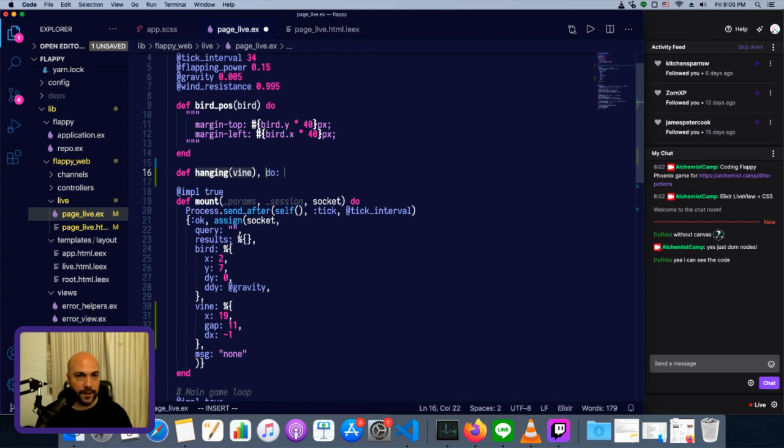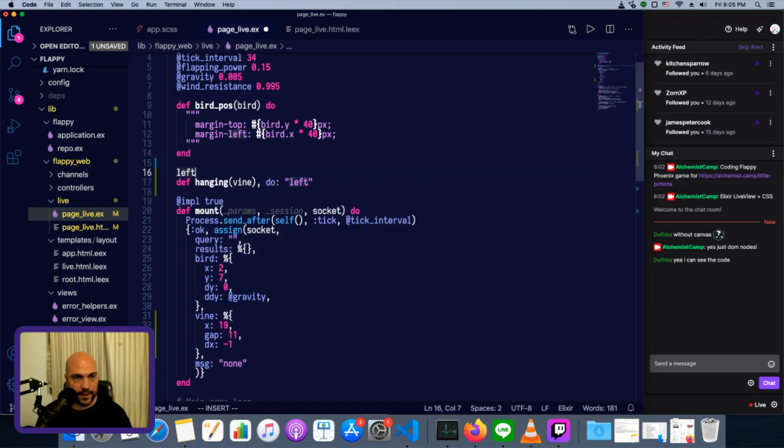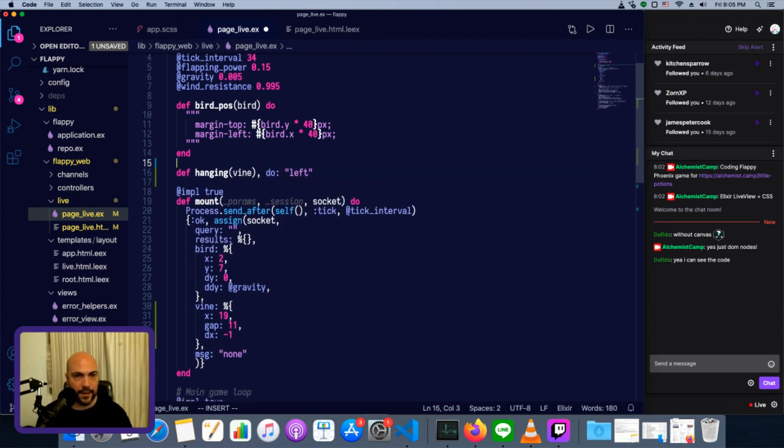It takes a vine and it spits out some CSS. So left is going to be, well, we'll just grab it out of the vine, vine dot x times 40 pixels,